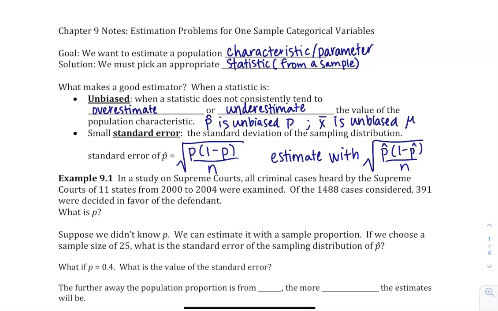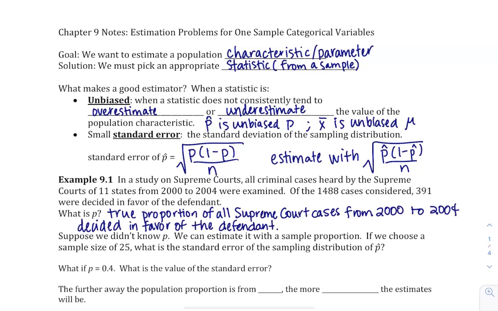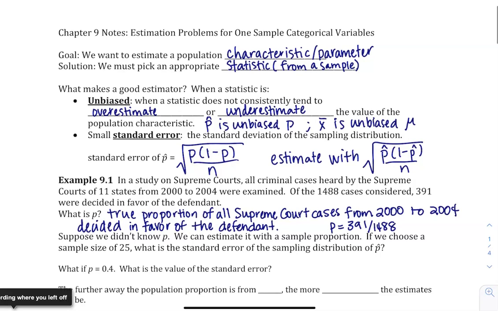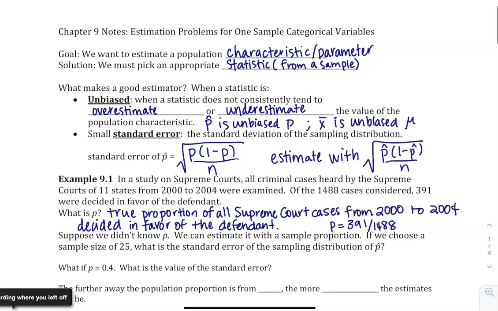It's going to take me a second to write, so I'm going to pause the video. I want to pause the video as well so you can get a chance to write down that true value of p, what it is we're trying to estimate. It's important for us to know where we're going so that we go the right path to get there. This is actually a rare case where we would know the true proportion, because this was all 1,488 cases. So our true p here would be 391 divided by 1,488, which rounds to approximately